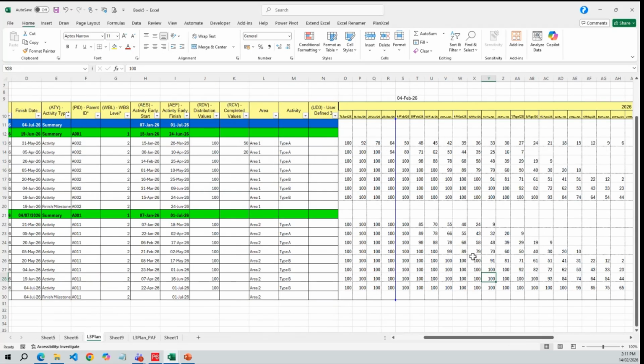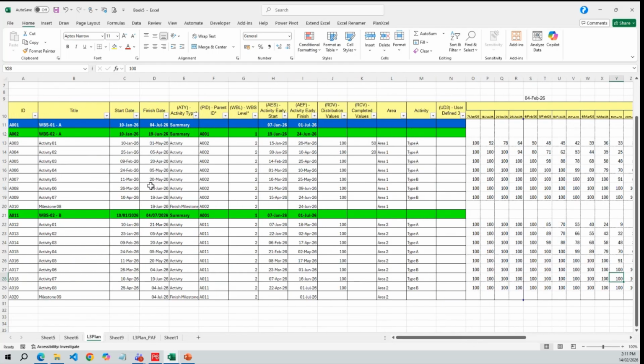So we have seen the two settings. We can also do some redistribution based on the curves. For example, let me